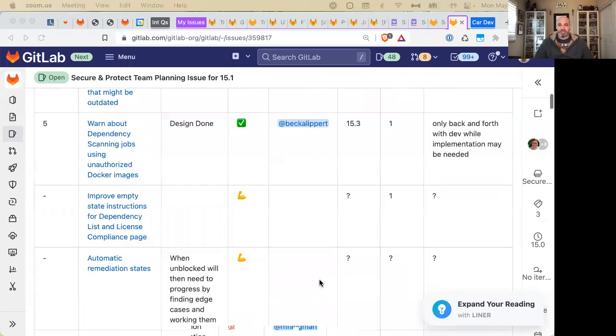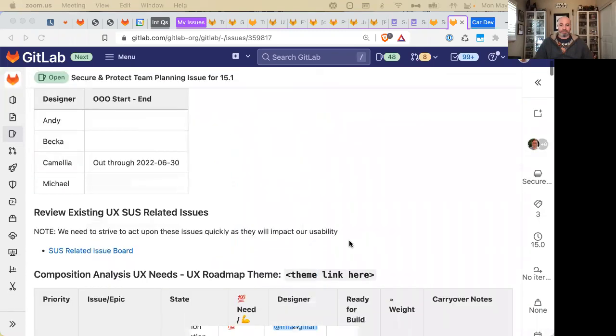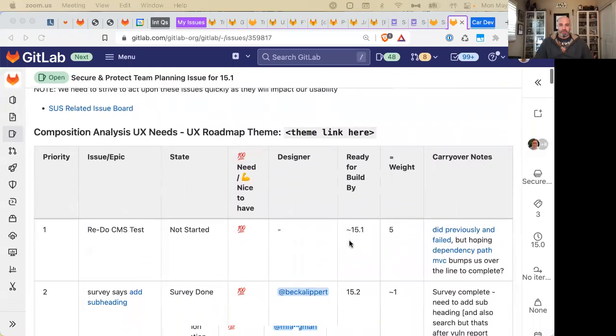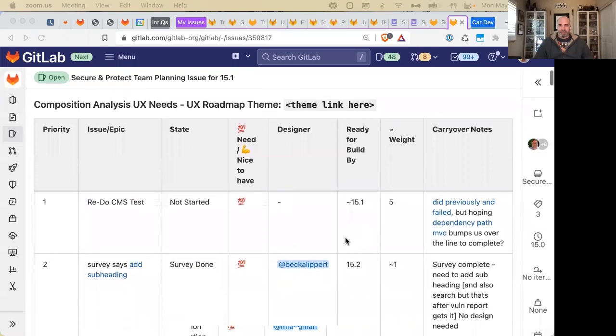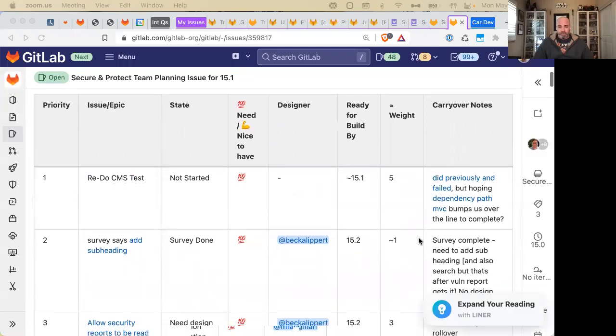And we'll start from the top. All right, composition analysis. So this one will be interesting since there's no longer a primary PM. Sam White will be covering. Let's see, not started CMS.